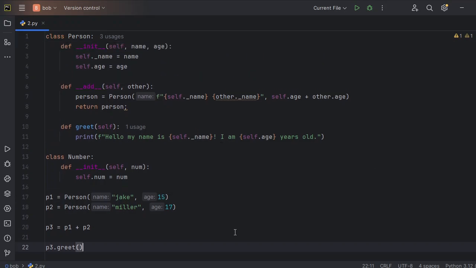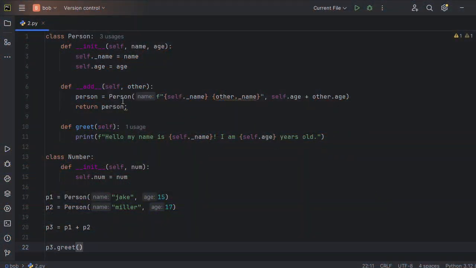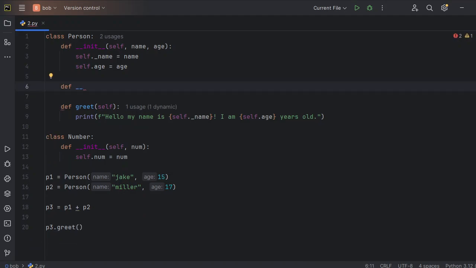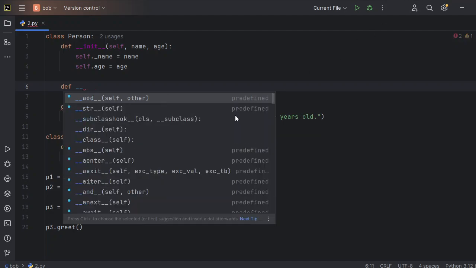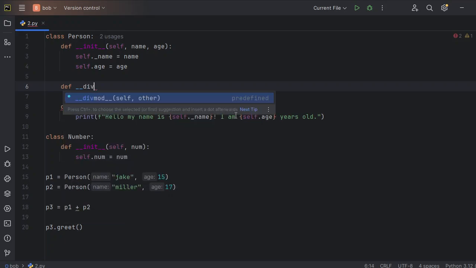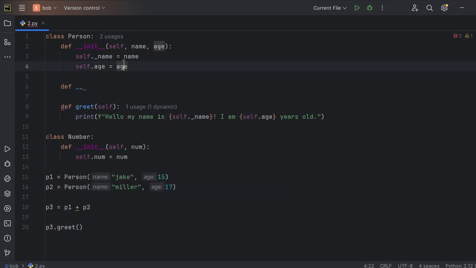Now, before going to another concept, I'm going to tell you some more magic functions. So I'm first going to tell you operator ones. mul is for multiply, sub is for subtraction, div is for division,